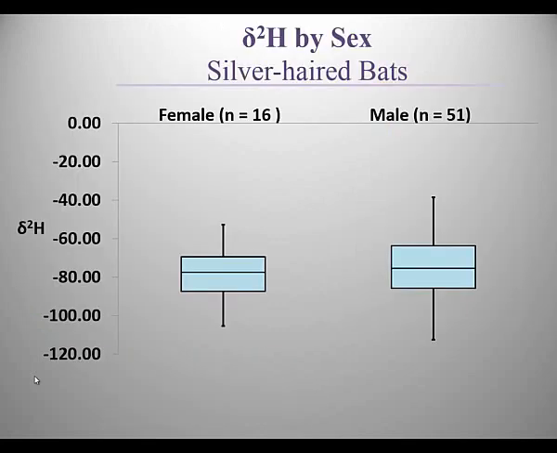So the hydrogen isotope is the one that's most frequently used to look at latitudinal migration. In our first batch of samples, we had many fewer samples from females, but basically there was not a really strong indication that there was a difference between males and females in terms of that range of values. So we start to think, well, maybe this does support the fact that there's a steady stream of males passing through the area.